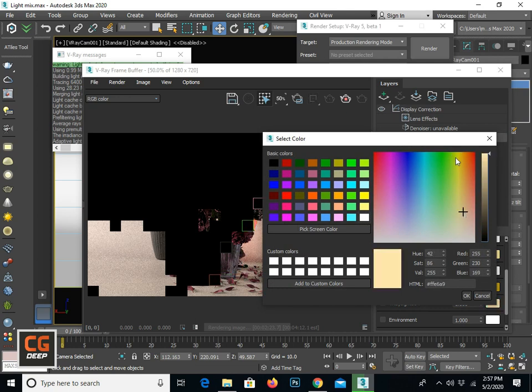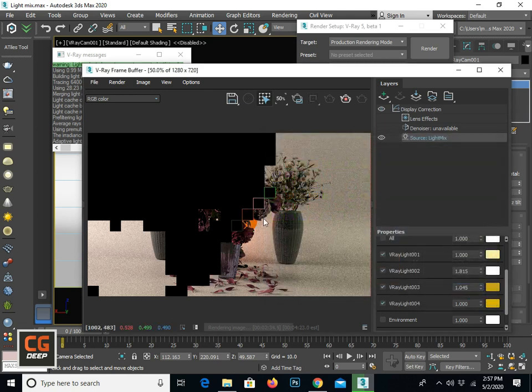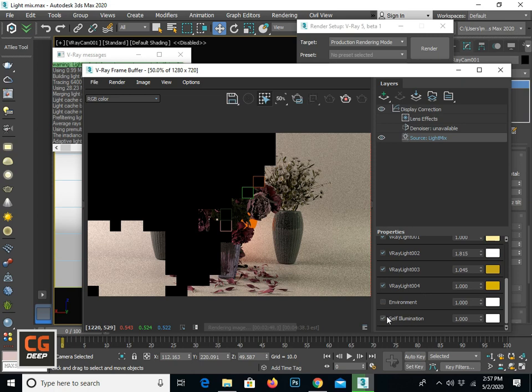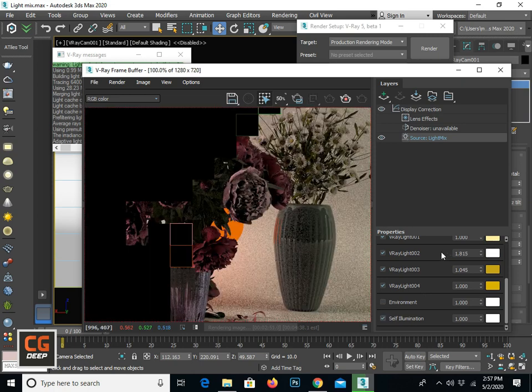You can see this light is spherical and invisible is unchecked in this light, and the environment, which I did not use here, and self illumination is not used here.